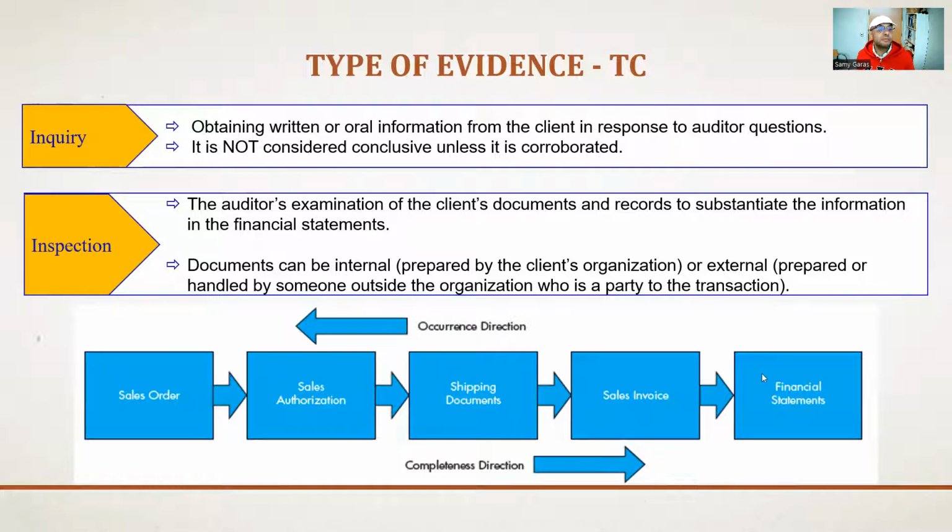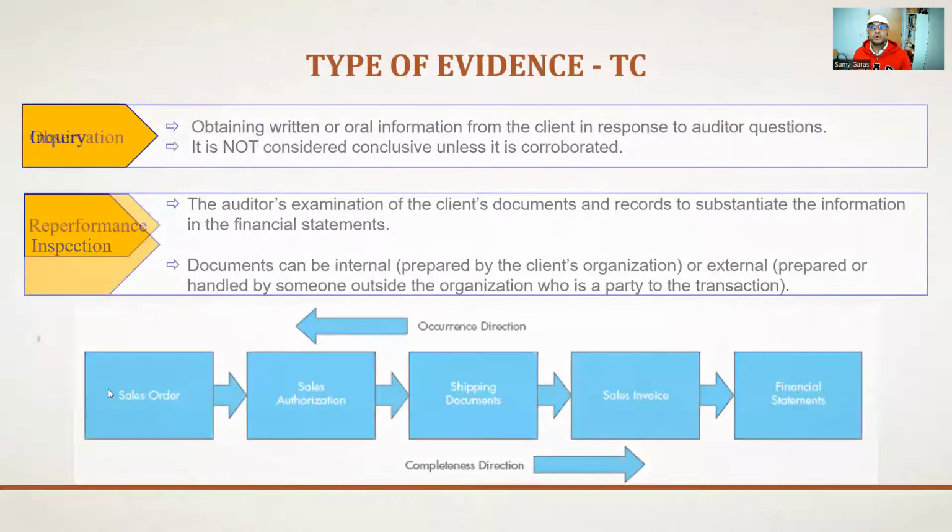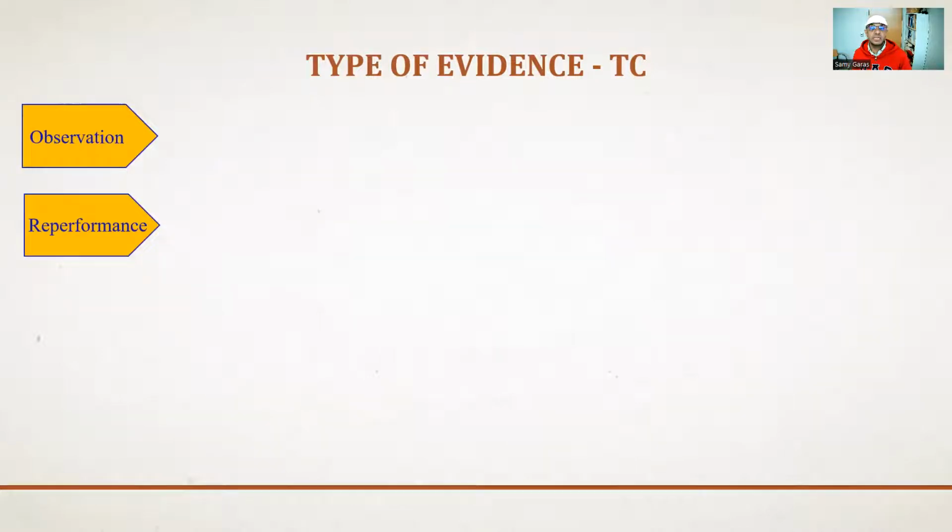If we take a sample from the financial statements amount, and we check that there are some invoices for those clients, and it was shipped, and there is authorization and a sales order, if we go the opposite way, we call it occurrence or existence test. And here we check that the amounts in the accounts receivable record actually happened, existed, and here is the sales order for that. So we have inquiry and inspection.